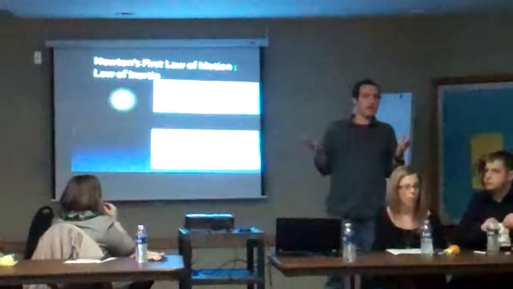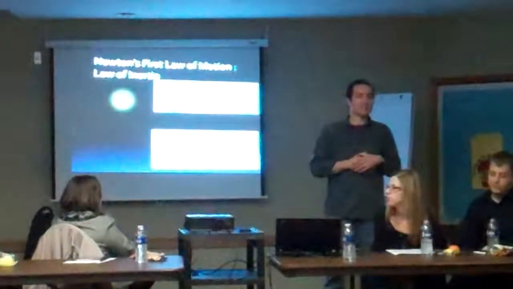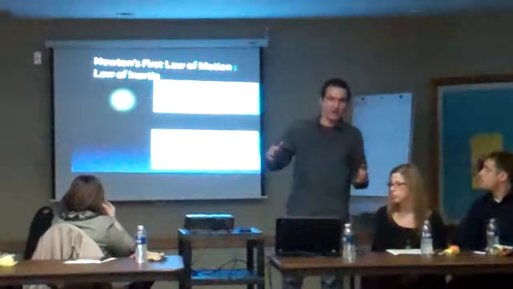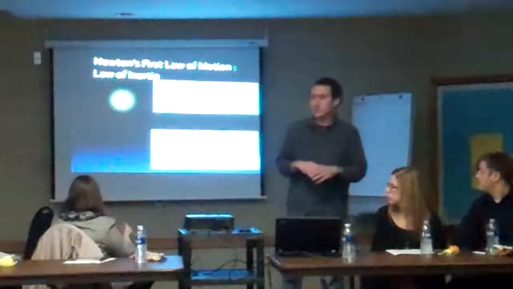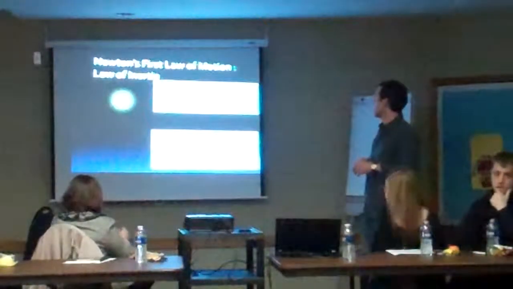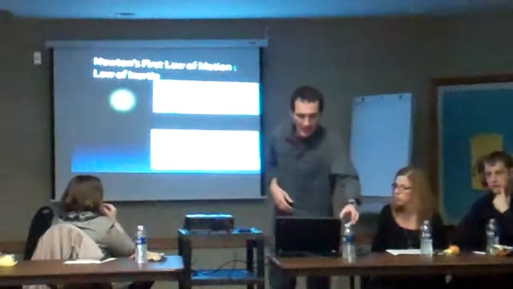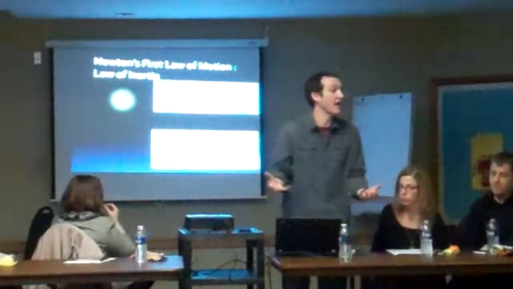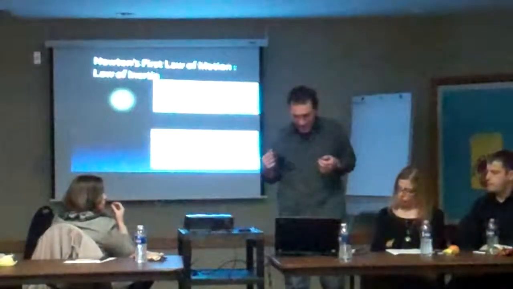So this is sort of an object at rest tends to stay at rest, and an object in motion tends to stay in motion unless acted on by an outside force. There's a whole bunch of language here, and the language is actually very specific, and I don't want to go into parsing this language, but essentially what this says is that an object that's at rest isn't going to change its state unless there's an outside force that acts on it. The outside part's important, and it seems simple, but there are often internal forces.